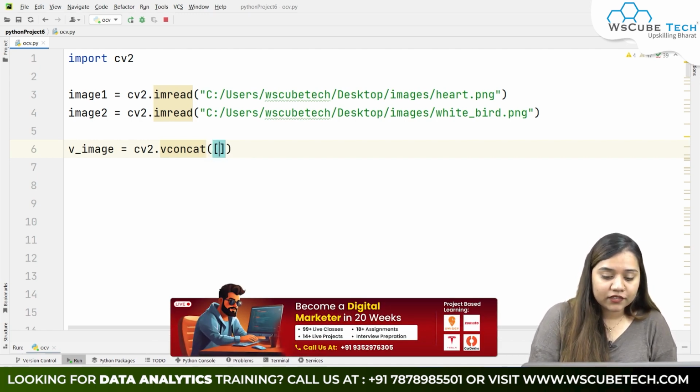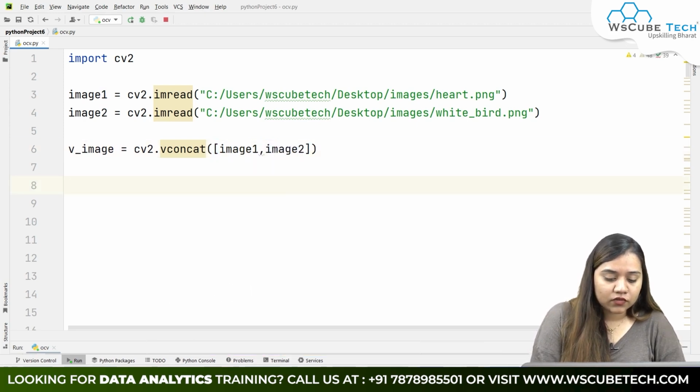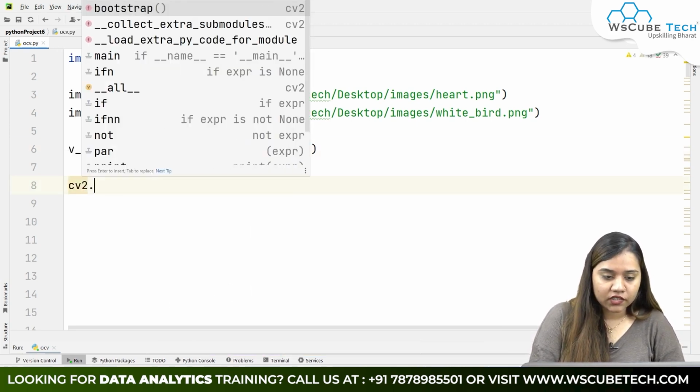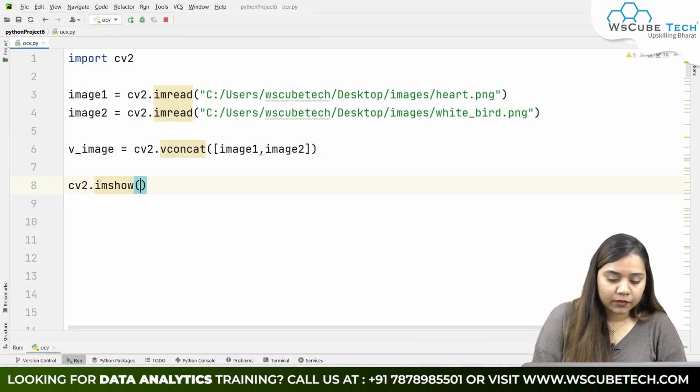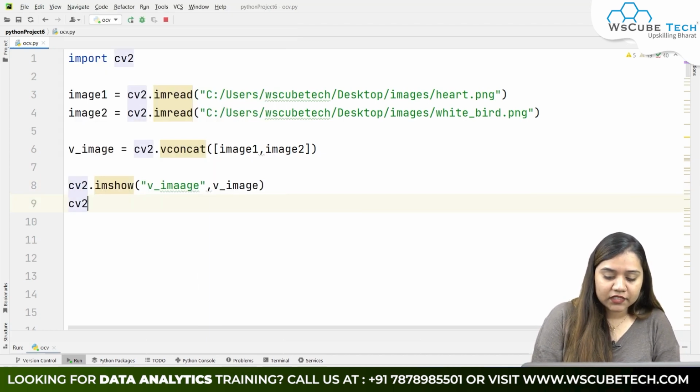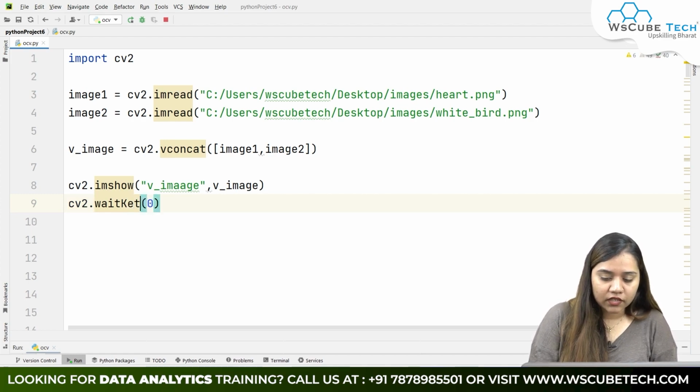Here we'll be passing the list of both our images, that is image1 and image2. And let's just use cv2.imshow. Here we'll be passing our vimage comma vimage. Let's give a waitKey as well by writing cv2.waitKey, and here I'll be passing 0.